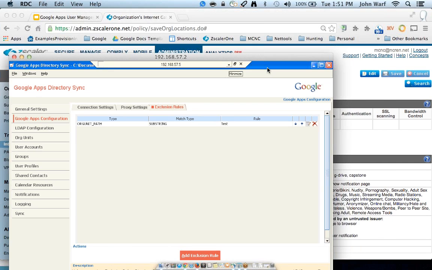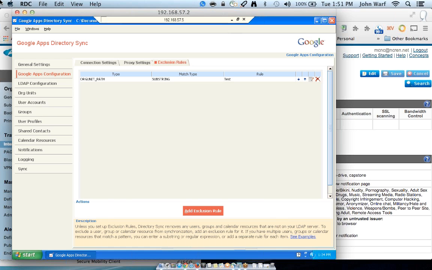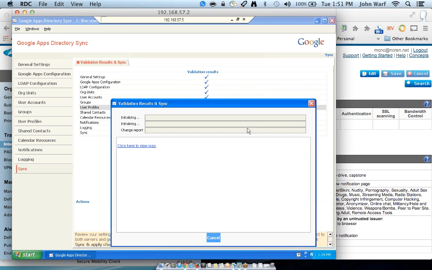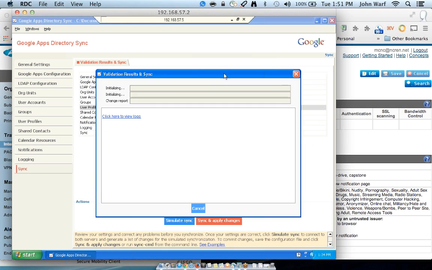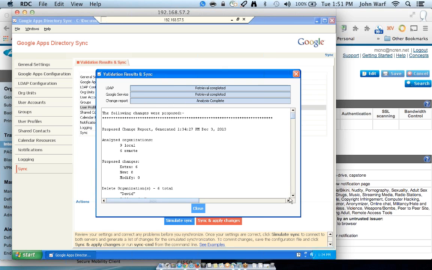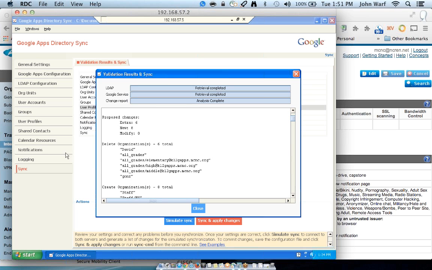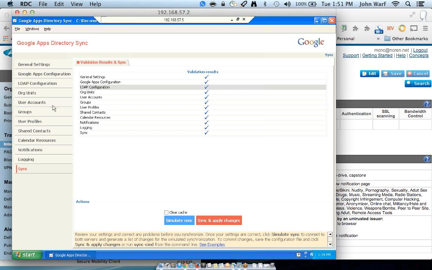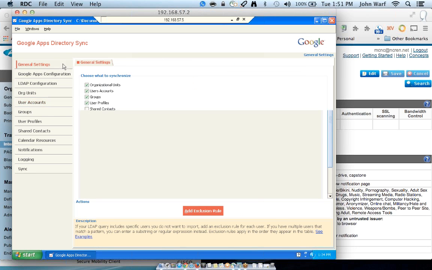Okay, I must have closed out of that. So now if I go to my simulate sync, now you notice, now my test is gone. Now if I do one for all underscore grades